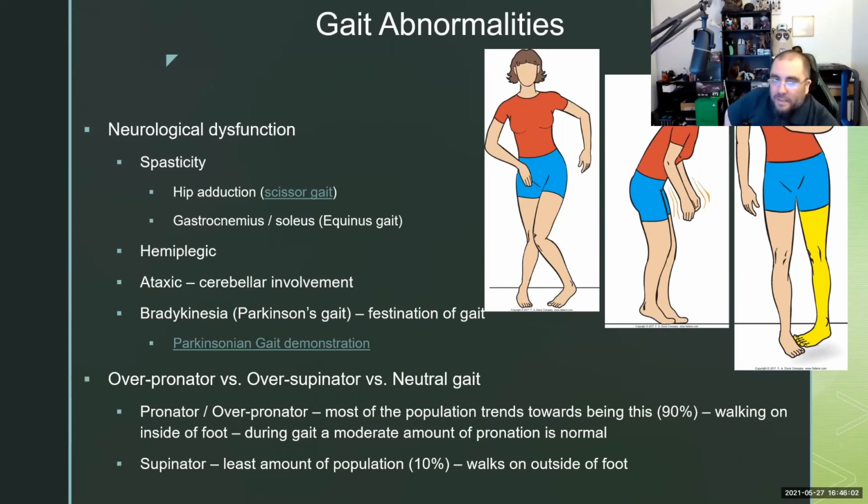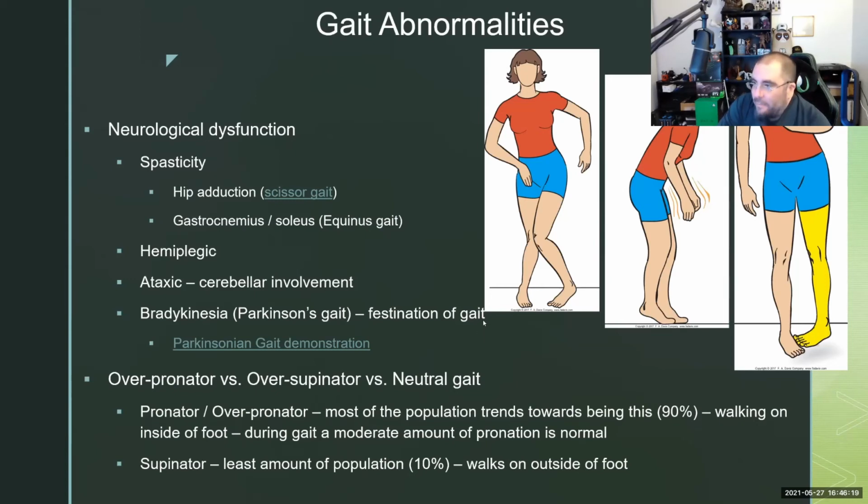I don't want to hit ataxic and apraxic yet because that's going to confuse you guys today. So we'll hit that tomorrow. Ataxic just means they're having problems with the brain, and we'll talk about that more in depth. So skip that one for right now, because if I go into that, that's going to take 40 minutes. I will come back to that.